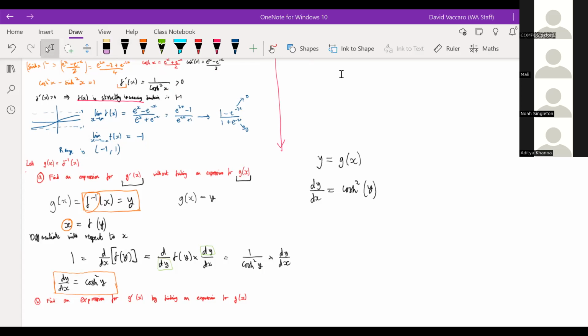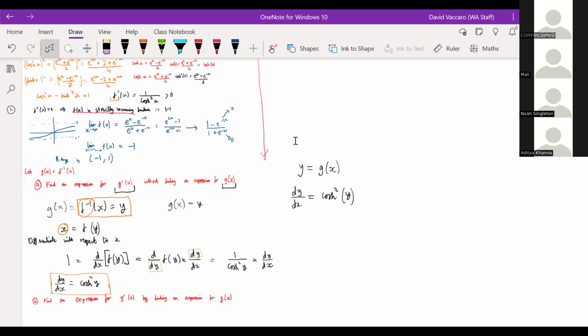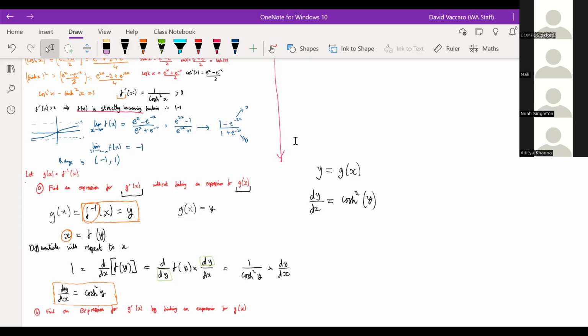Yeah, okay, we've got a derivative in terms of y when the function is in terms of x. Now, when I wrote the sheet, I really wanted to make clear that in very many circumstances, we're not going to end up with a neat expression where we can get things back in terms of x. What we would need to do here is try and find some expression for cosh squared y back in terms of x. And the trick is to use this relationship that we've proved previously, that cosh squared y minus